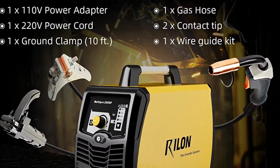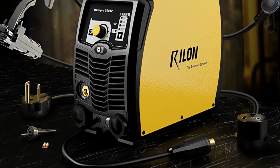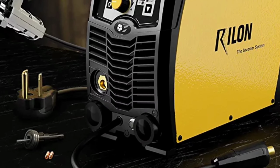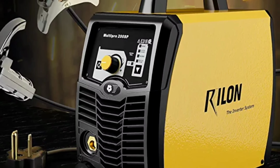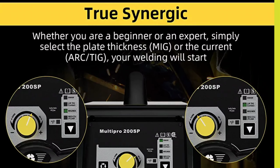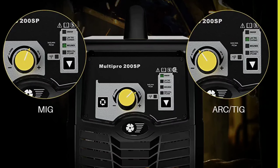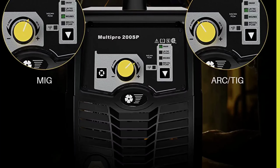This welder is versatile and can handle multiple plates of carbon steel, stainless steel, and aluminium. It's perfect for DIY, home repair, metal fabrication, and outdoor work. Accessories include a MIG torch Tweco type 10 feet, 110 volts power adapter, 220 volts power cord, ground clamp 10 feet, electrode holder 10 feet, gas hose, contact tips, and wire guide kit. Plus, with a 1-year care plan, you can trust in the longevity and durability of this